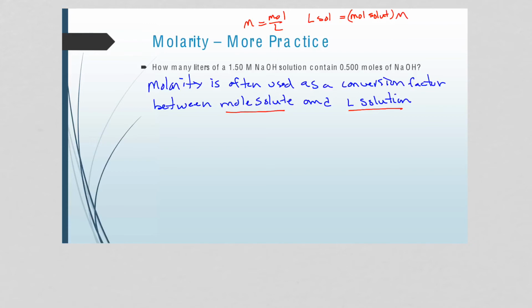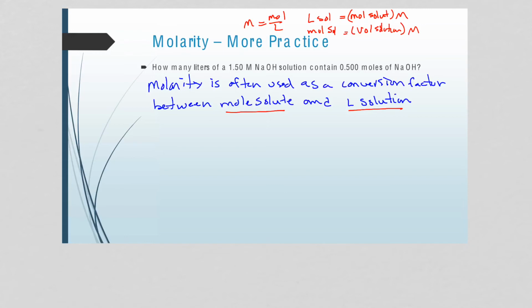So in other words, I multiply by molarity to get my volume of solution. On the other hand, moles of solute is going to equal my molarity times my volume. So it's going to be my volume of solution